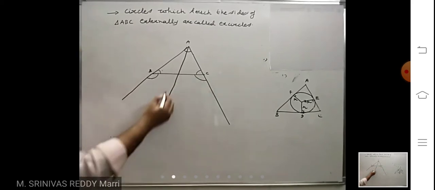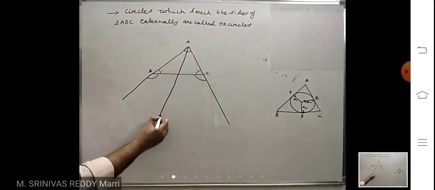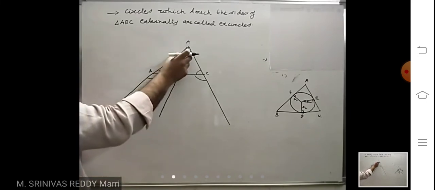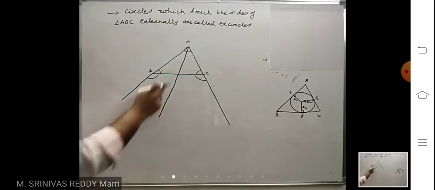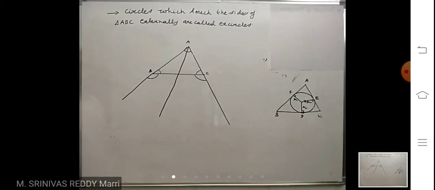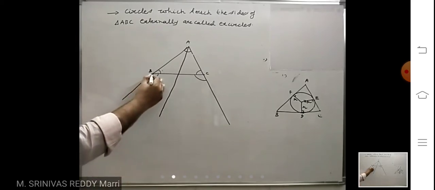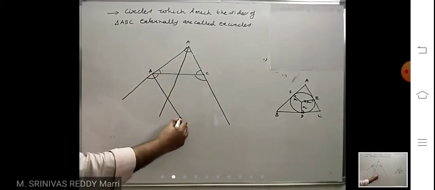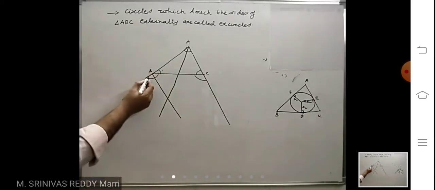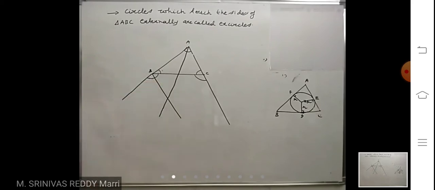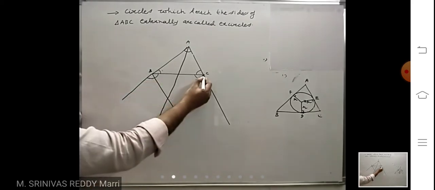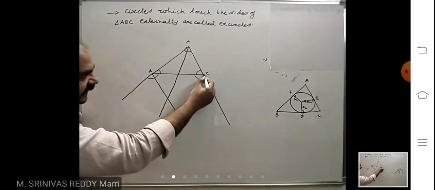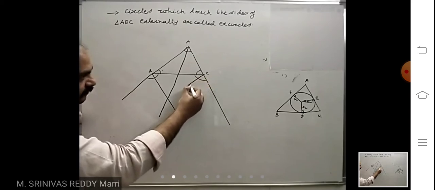Right? Now I have drawn the internal angular bisector of angle A. That means this is the line that bisects internal angle A. Right? So now I am drawing the line that bisects the external angle. Like this angle is there. I am drawing the line that will bisect this angle. Look at, I am drawing the line. Right? This is the one. So this line bisects this angle into two parts. Right? Now I am drawing the line which bisects the external angle of C.